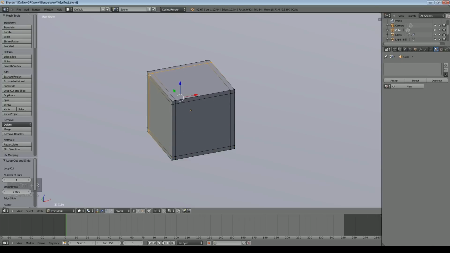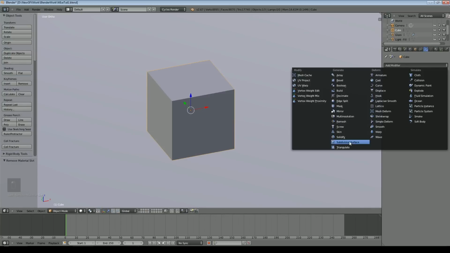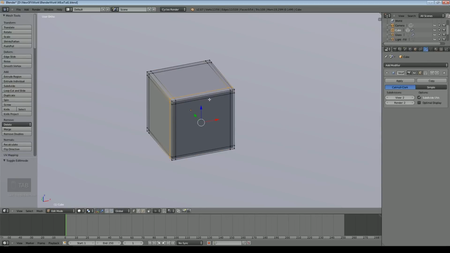The purpose of these loop cuts is that when I add the subdivision surface, they help to define the shape. If I don't, then this whole cube will basically turn into a sphere. So we then come over to modifiers and we add the subdivision surface, and you can see there, put it up to 2, it's no longer a perfect cube. There's other ways of doing this, of course. Just going to move that in a little bit now just to make it a little more rounded. Not saying anything I'm doing is the best way to do it, it's simply a way.